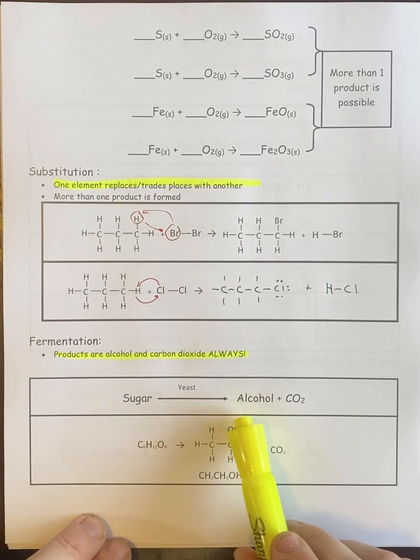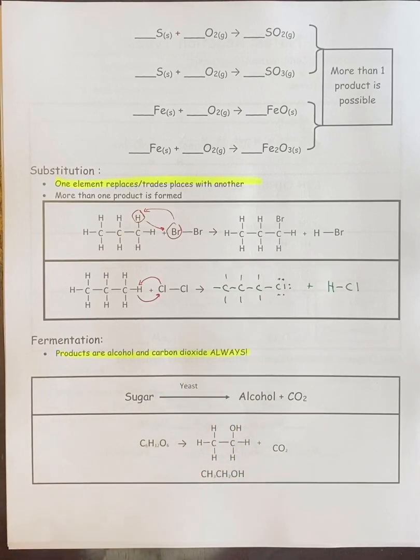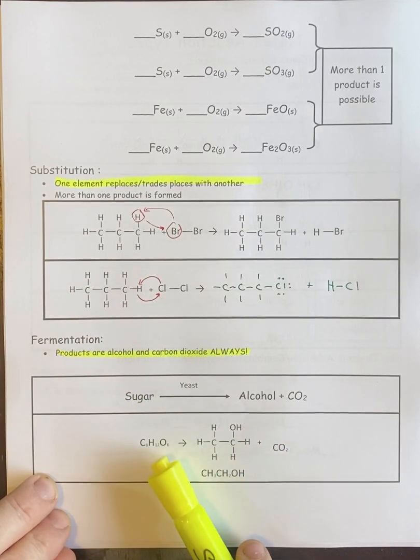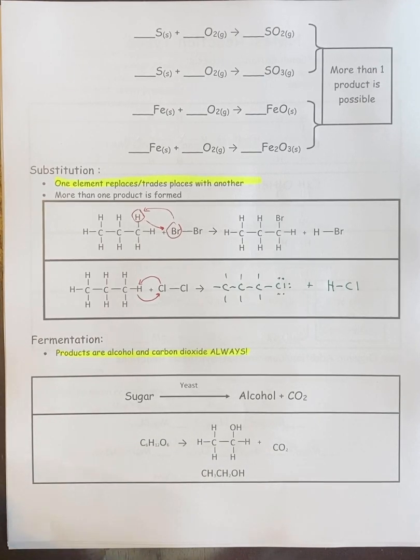so this is ethanol. It does not matter where you put your H or the OH group because it's such a small carbon chain. It doesn't need a number, so that's no big deal. And CO2 is just CO2. And then the sugar is our basic sugar, C6H12O6, but it doesn't have to be glucose. It could be any of the sugars. You know, if you remember from biology, you learned a bunch of different sugars, but glucose is definitely the most